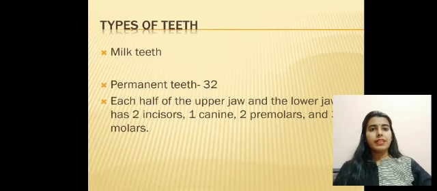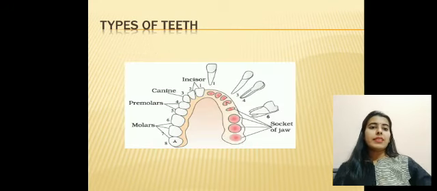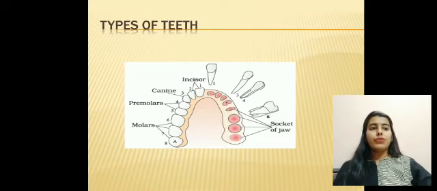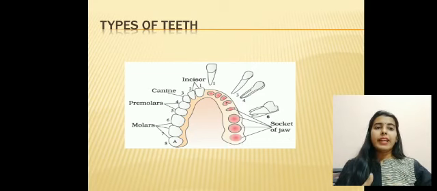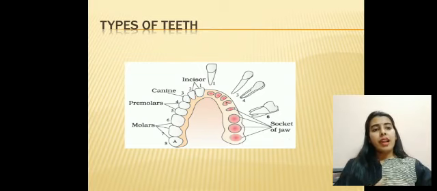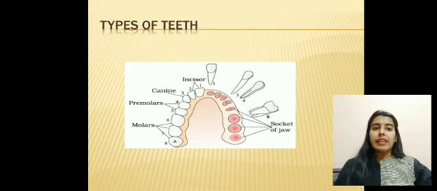What is saliva? Saliva is the watery secretion present in our mouth which helps in the digestion of our food. So this whole makes the buccal cavity: teeth and tongue, which help us to chew and digest the food. Once we have started chewing the food, the digestion of the food starts in the mouth itself, because in the mouth saliva is there, and saliva contains an enzyme called salivary amylase. This salivary amylase starts carbohydrate digestion.